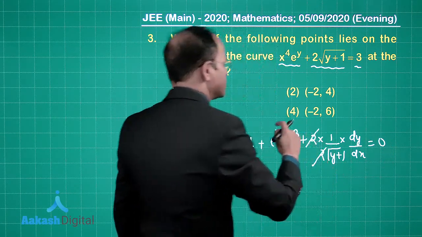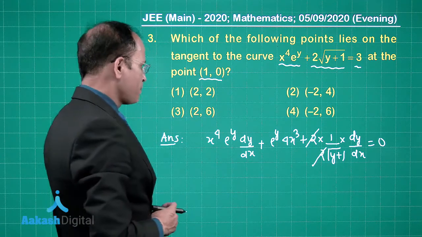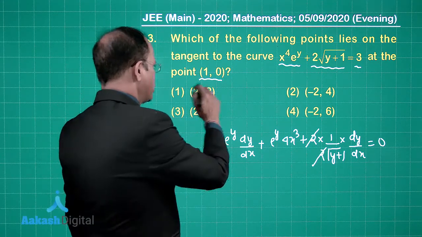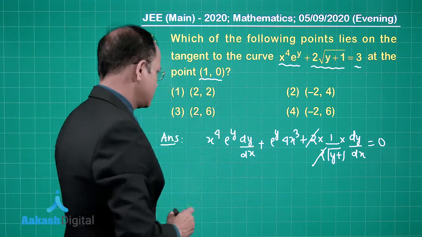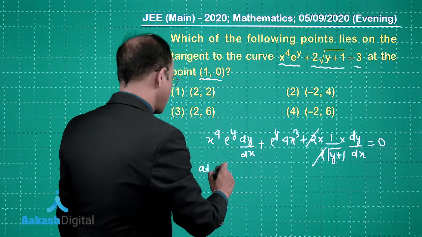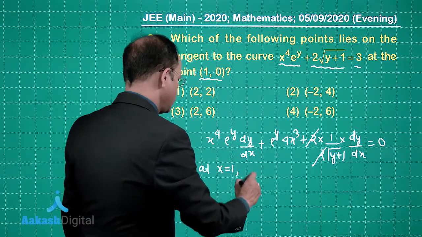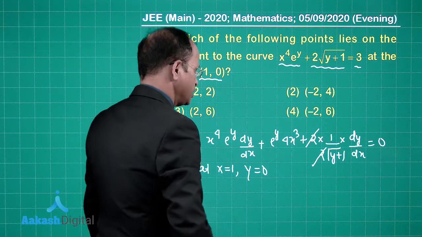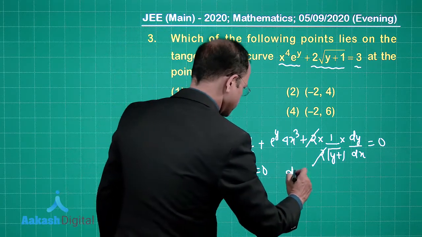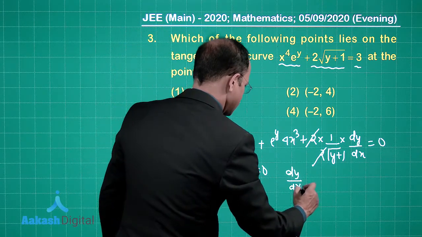So 2 is cancelled here, okay. So at the point 1 comma 0 you have to find dy by dx. So at x is equal to 1, y is equal to 0, dy by dx will be coming out as